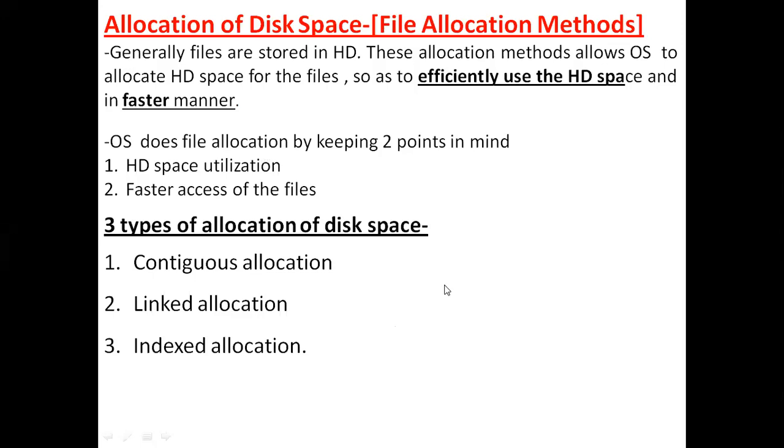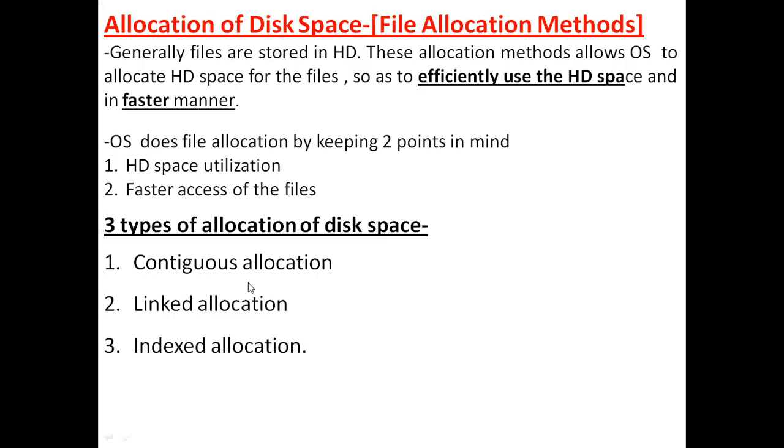Okay. So regarding the last video, before the internals, we were discussing the allocation of disk space. From the examination point of view, this can also be asked in other words: the file allocation methods. Allocation of disk space or file allocation methods, both carry the same meaning. In the examination, they may ask you to explain the three types of file allocation methods, or explain the various methods for allocation of disk space.